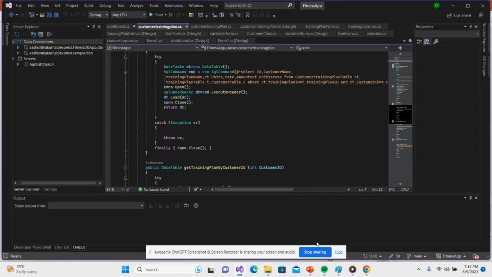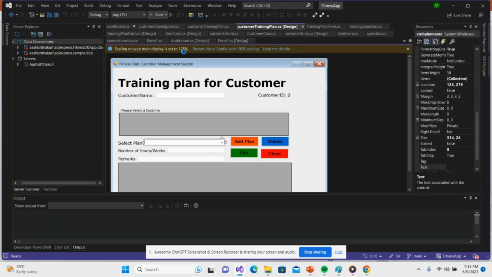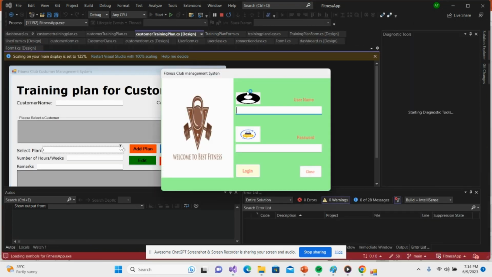So next, I'll be talking about event driven programming. The main pros of using event driven programming is the use of GUI, like a user friendly interface. For example, here, this is user friendly. I can see there is customer name and it will show the customer name. It will show the plan, the selected plan. I'll be showing you, wait, for example, wait, I'll be showing you by,